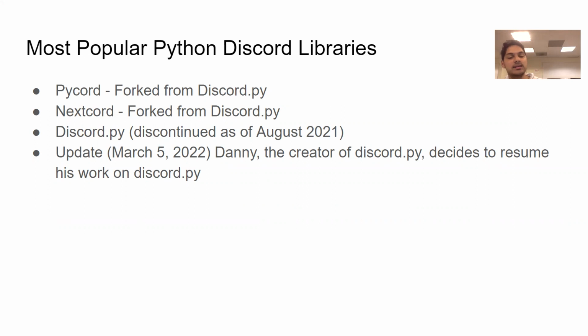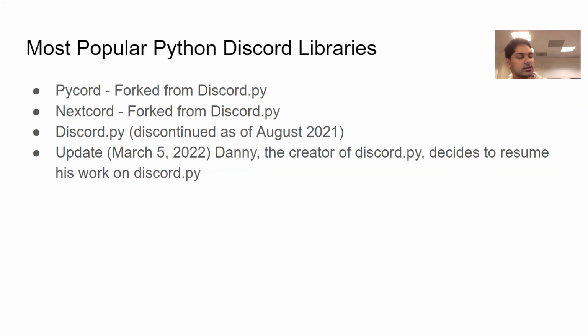Pycord I think was the biggest, and nextcord was the third biggest. But pycord is going to keep doing their own thing separately from discord.py. I would recommend this. I really don't know what's going to happen, but with discord.py, Danny just left. We don't know if he can leave again, and then he came back, but we don't know how reliable he is now. He could leave again. So maybe we should just stick with PyCord or something like that, but it's up to you. Whatever you prefer, you can compare and contrast. I think PyCord has buttons now.